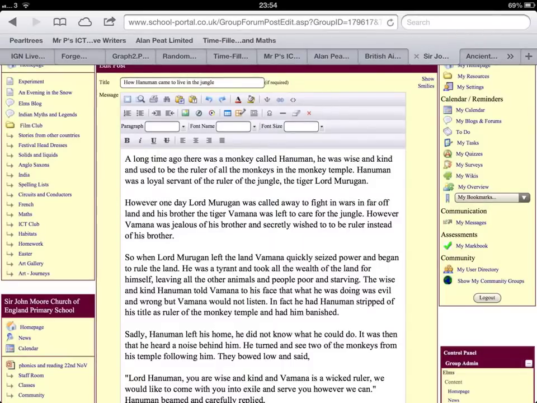So what happens is you'll end up on a screen that looks almost the same as when you first made the topic. It looks exactly the same. So once again, you need a title here, and then you should put your story in down here. Now what I suggest is that you write your story in another document such as Microsoft Word and then paste it in afterwards. This is just so that if something goes wrong and you lose your work on the post, you won't have lost it. You'll still have a copy on your computer somewhere else, and you can just paste it in again,